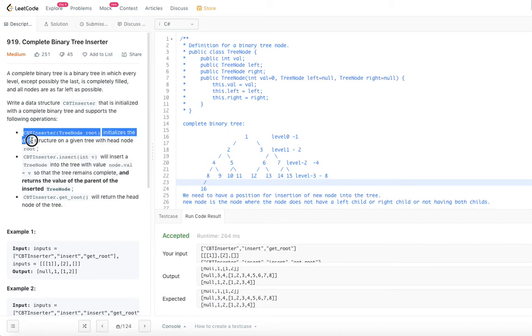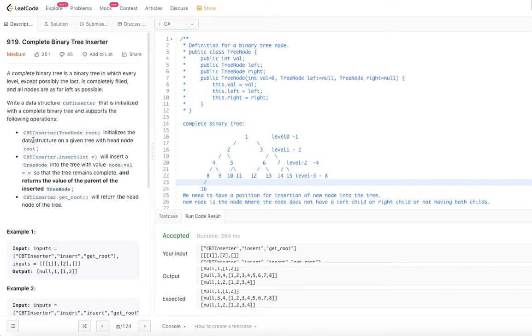So the initialization operation is pretty easy. And for getting the root, when we are passed the root, we can store that root in another variable and return it whenever we are asked to get the root. So this is also a simple operation, right?